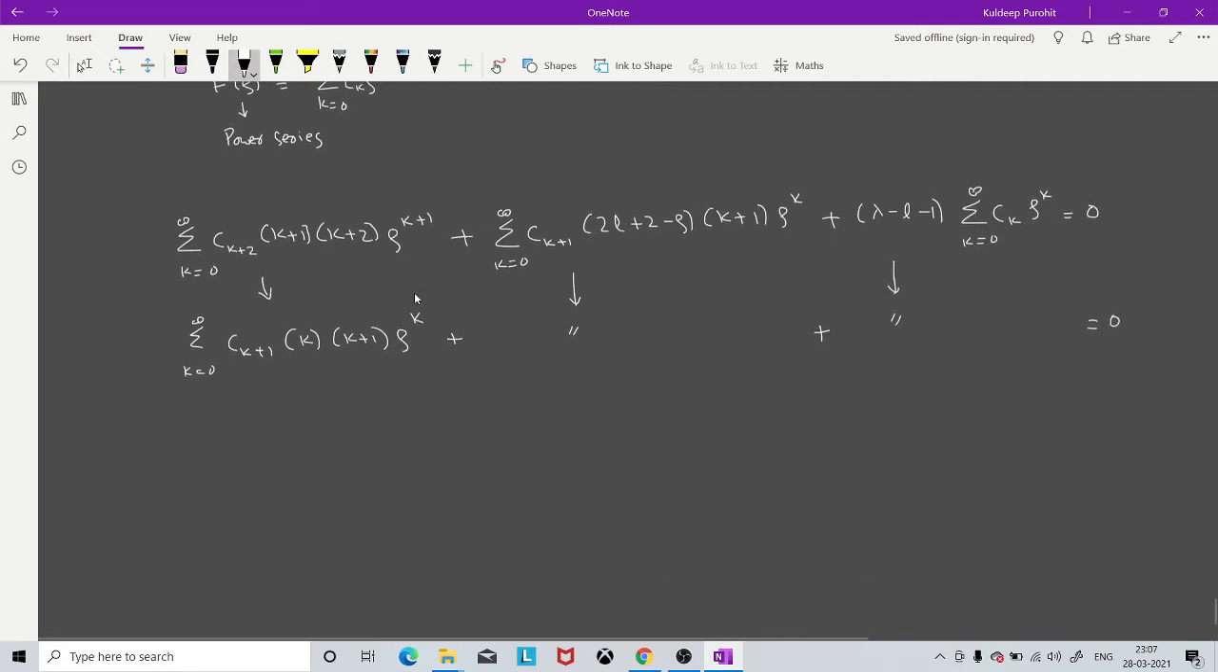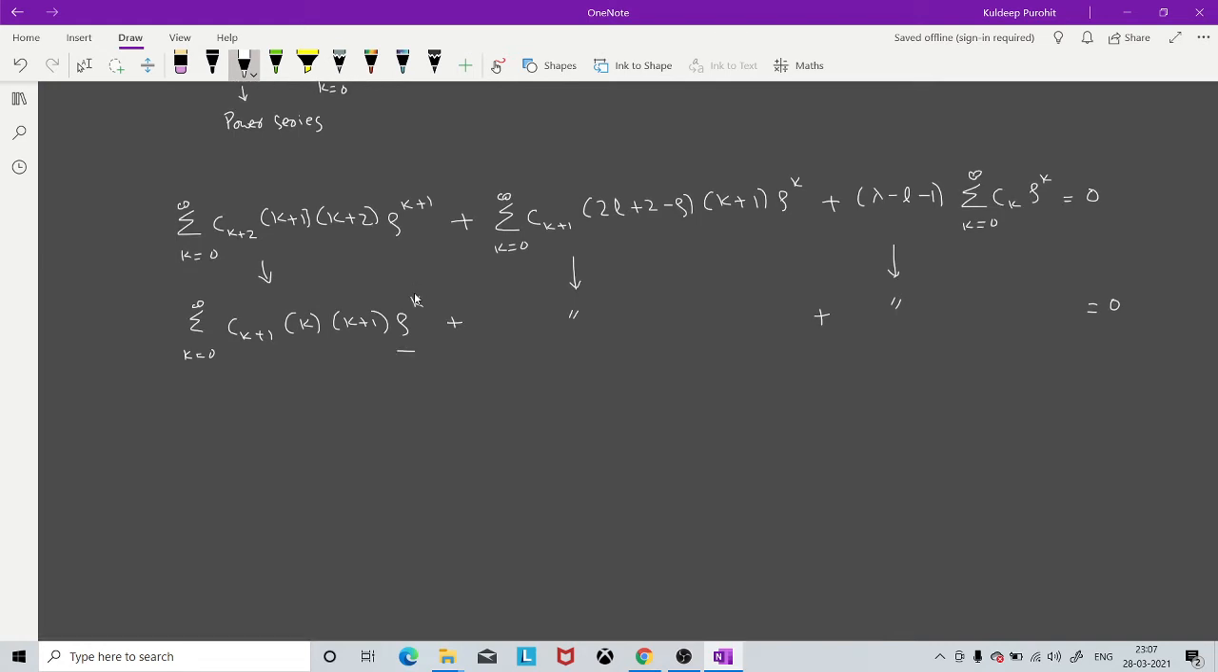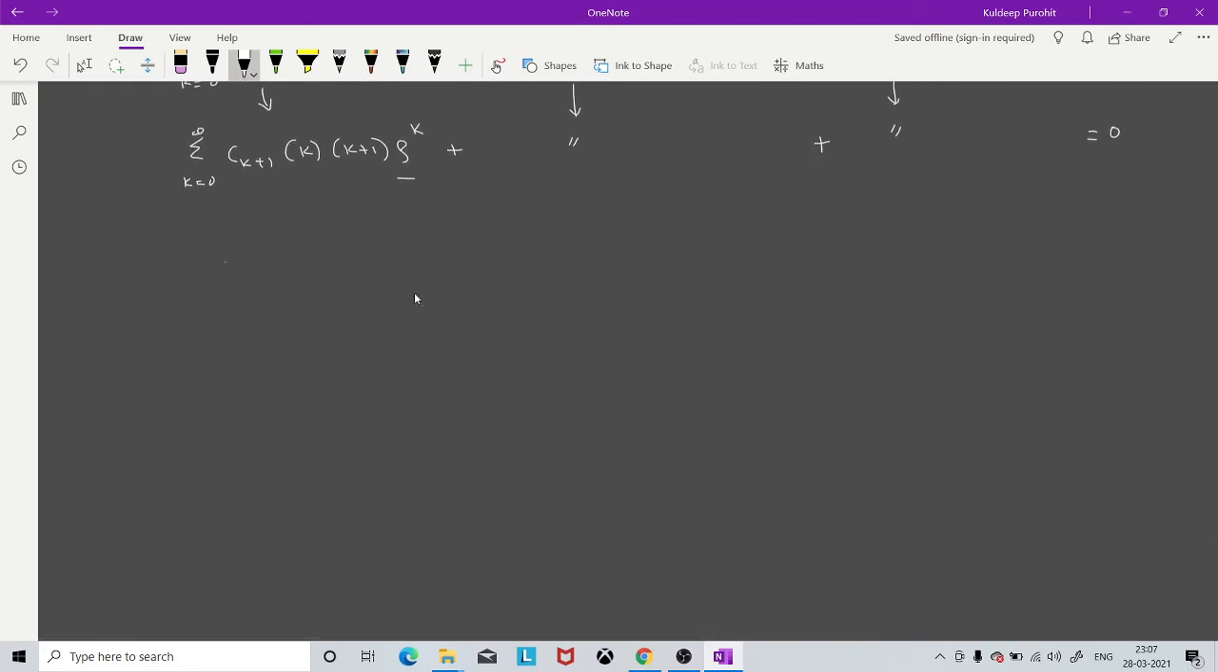Since all terms now have rho to the power k as their coefficient, you can equate them, and since rho to the power k cannot be equal to 0, their coefficients must be equal to 0. So if you equate those coefficients, equating coefficients of rho to the power k from all terms to 0, you will be having,